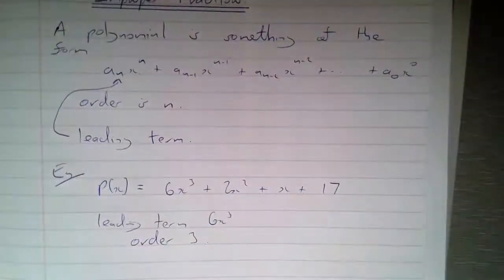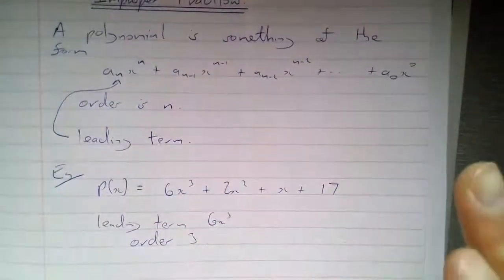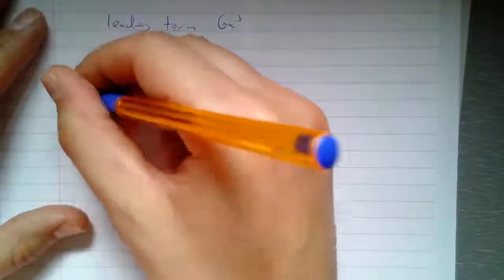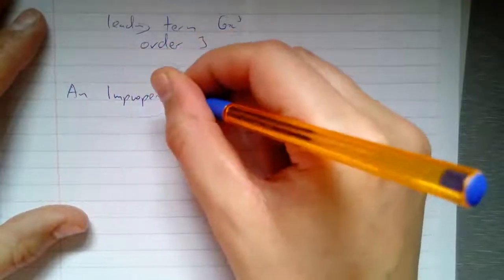Okay, that's disappeared now. So leading term, 6x cubed, order was 3. Okay, so now let's get on to what an improper fraction is. Or an improper algebraic fraction anyway. An improper algebraic fraction